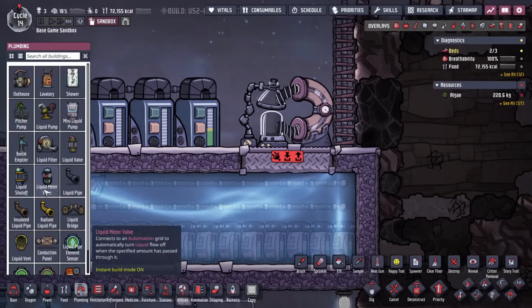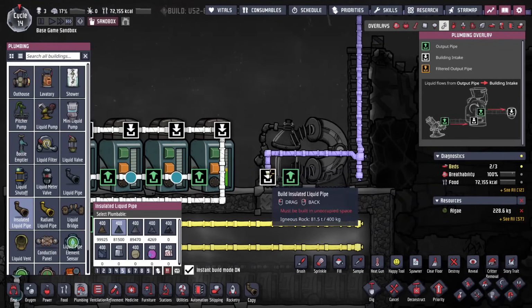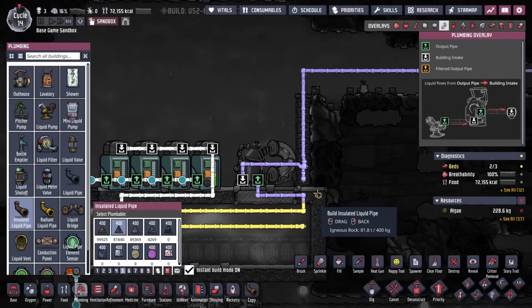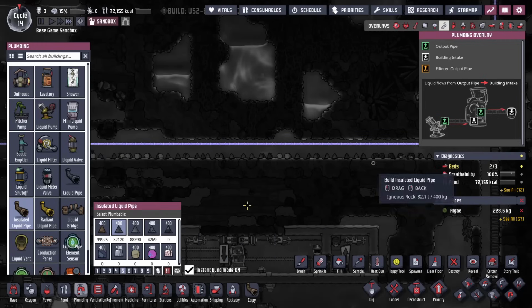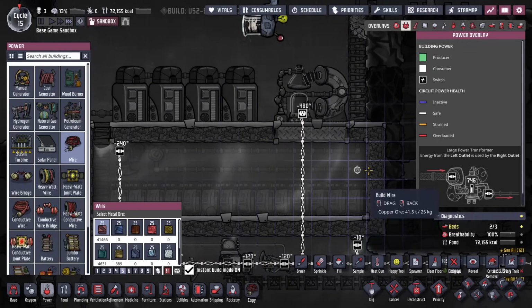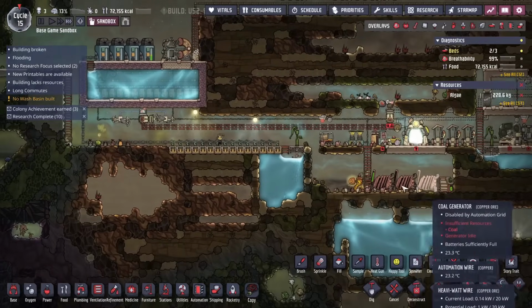And then down at the bottom, let's run it through the desalinator first. So I'm going to run it through with some insulated tiles and then down into this area via insulated pipe. So now we've got this very hot salt water coming. It's going to get turned into regular water after going through the desalinator. Let me hook this up to power as well. There we go. By the way, our coal generators that we created earlier in this video are still pushing everything,